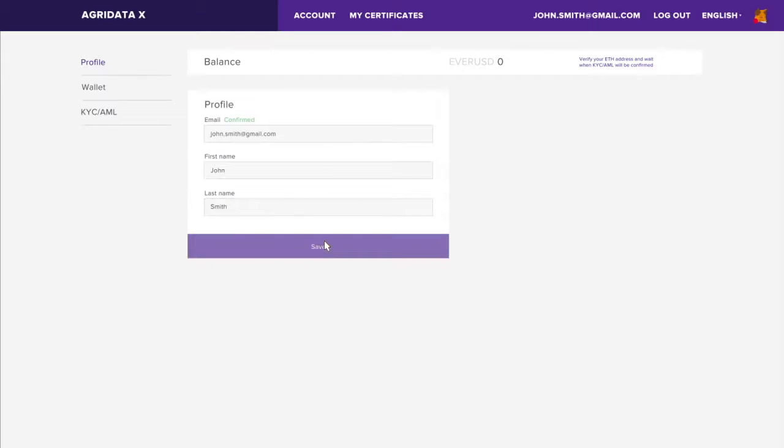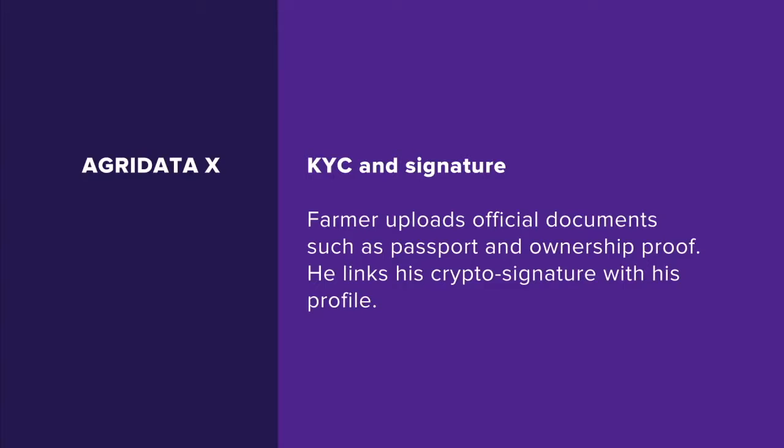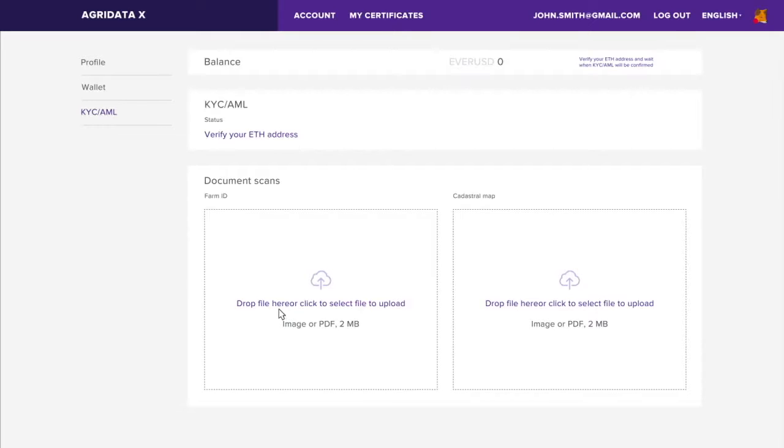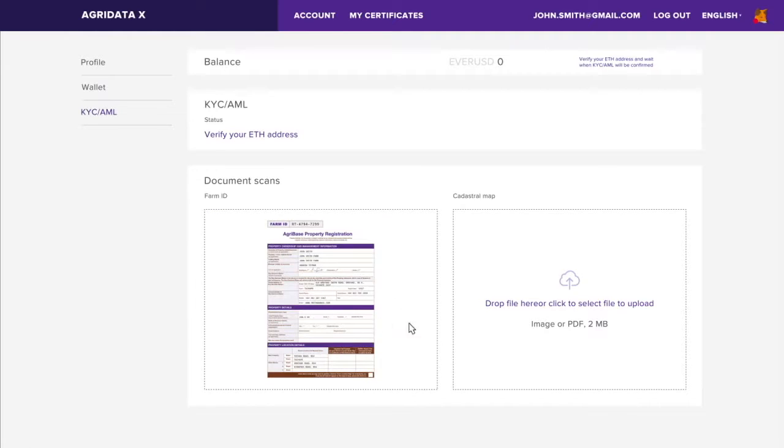The next step is KYC. To prove his identity, the farmer uploads two types of documents. The first one is his farmer's ID, which proves ownership rights, and the second one is the cadastral map, which defines the border of his land plot and will be required to take satellite images of the farm at the later